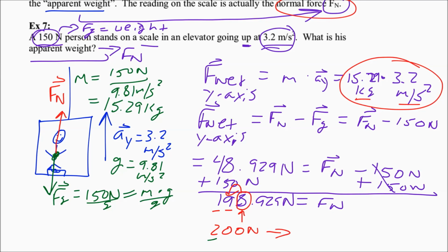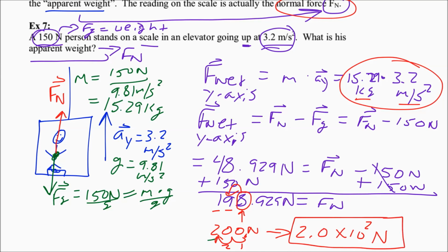The only way to do that is with scientific notation. So we'll say 2.0 times 10. Now let's see, the decimal place is really right here. We want to move it behind our first sig fig. We had to move it twice to do that, so that means we have it times 10 to the second, and then we'll need our unit here. Alright, so the apparent weight then, the normal force, is 2.0 times 10 to the second newtons, or